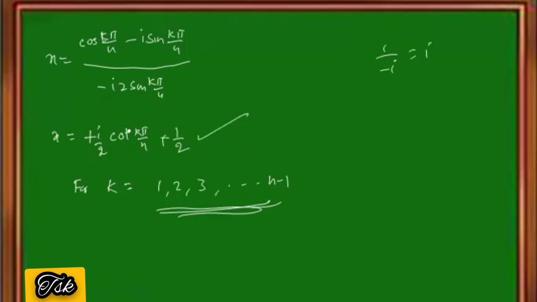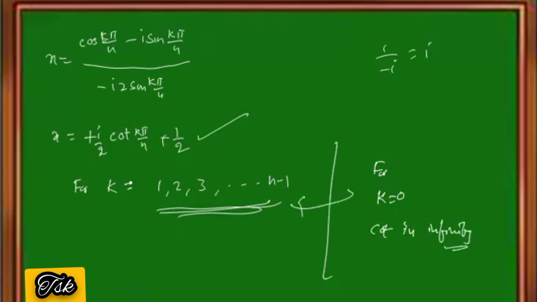So this value will have roots for k is equal to 0 to n minus 1. For k is equal to 0, cot is infinity, so I am not taking k equal to 0 here. Okay. So k is equal to 1, 2, 3, so on up to n minus 1. That's the end of exercise 2. Okay. So learn